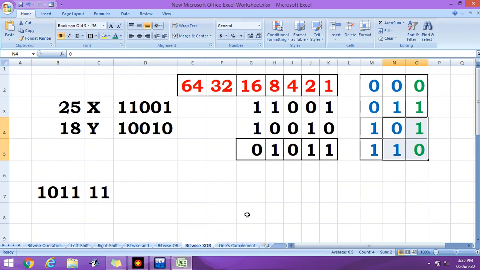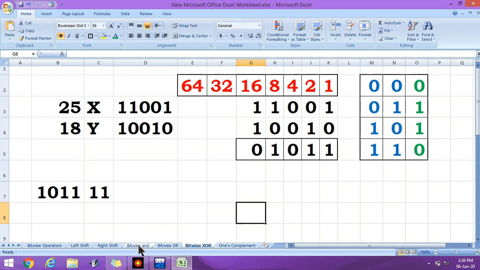Now what is the meaning of XOR? If you apply XOR, if the inputs are the same, then the output is 0. If the inputs are different, then the output is 1. It means the output is true. So the first value is 0, the second is 1, the third is 0, the fourth is 1 and the fifth is again 1. Now check this value: first number is 8, then 2, then 1. 8 plus 2 plus 1, the answer will be 11.